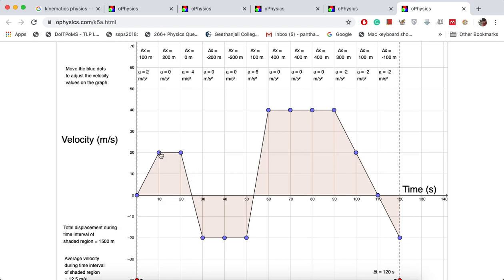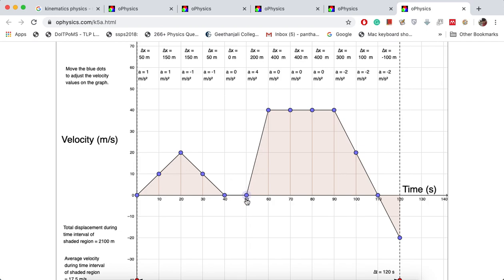And for example, if I change the graph to something like this, you can see that for the first 20 seconds the velocity is increased, and for the next 20 seconds the velocity is decreased. For the first 20 seconds the velocity increases linearly, so the acceleration is 1. The distance covered in the first 10 seconds is 50 meters, and in the next 10 seconds it has covered 150 meters, because the velocity has increased. In the next 20 seconds the velocity starts decreasing, so the acceleration becomes negative.